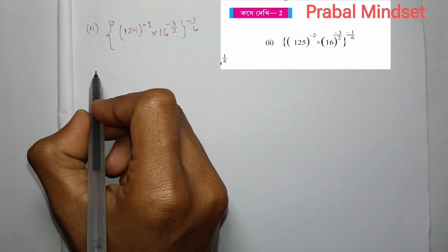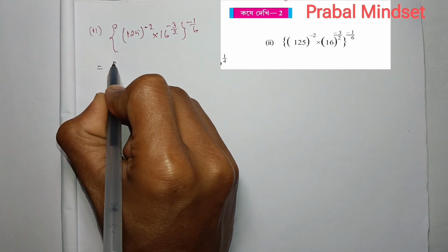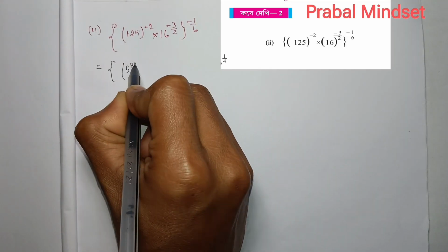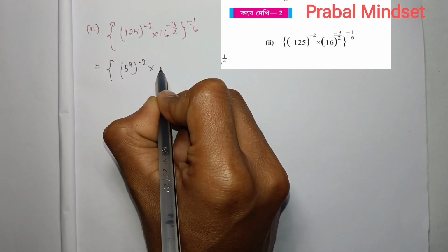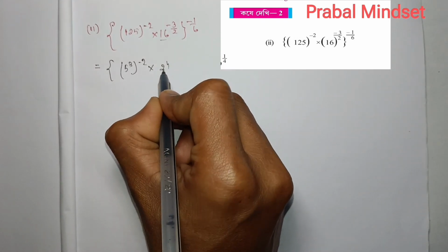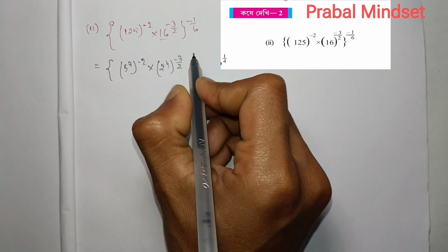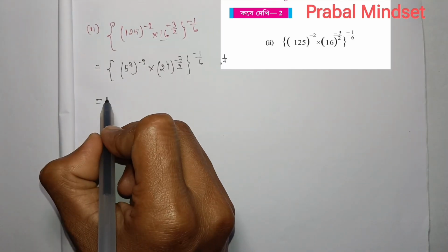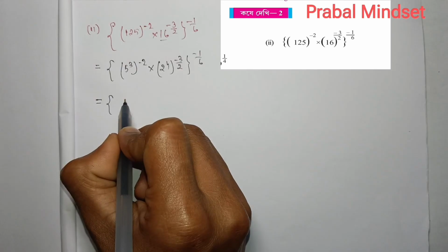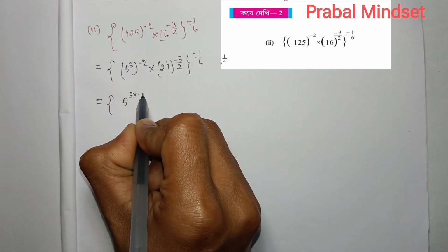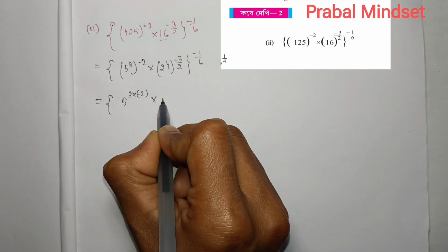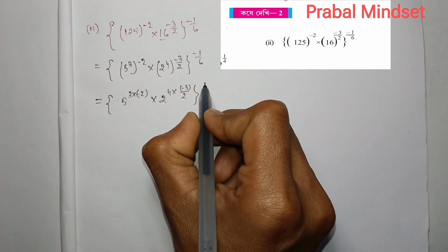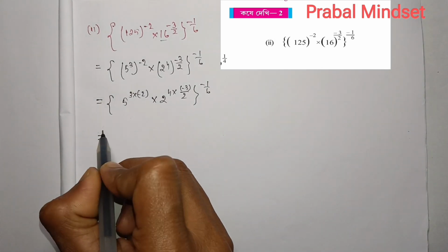Next একের 2 নম্বর। প্রথমে 125 কে লিখবো আমরা হচ্ছে 5 এর কিউব, minus 2 এবং 16 কে লেখা যায় 2 to the power 4 to the power minus 3/2 whole to the power minus 1/6। 5 3 into minus 2 into 3/4 into minus 3/2 তার whole to the power minus 1/6 থেকে লেখা যাচ্ছে।